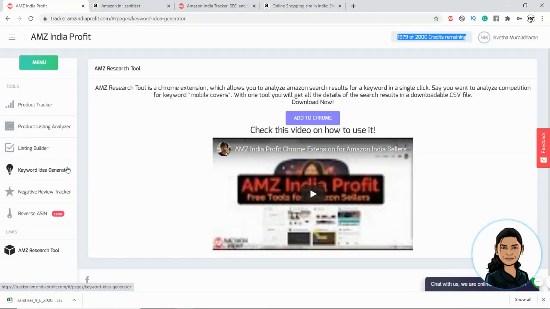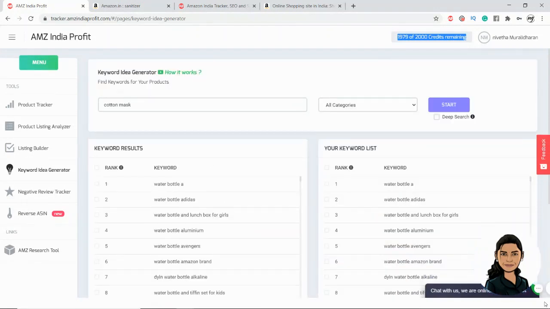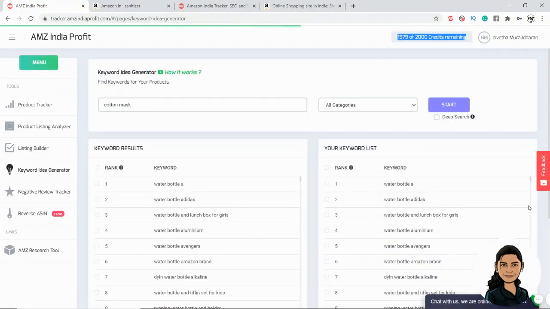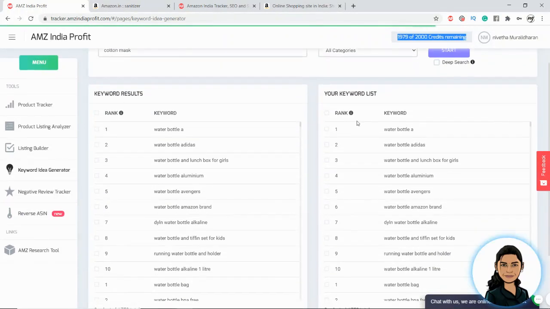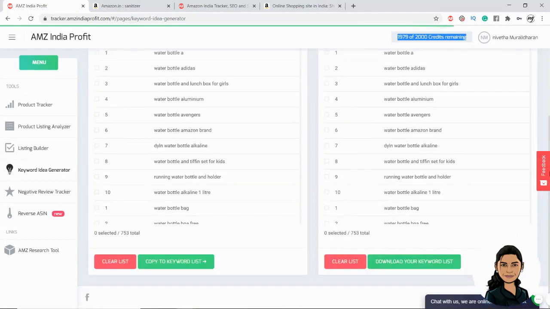Now let me go to the other tools here. The next important tool is Keyword Idea Generator. I have already put out a separate video on how to update keywords on Amazon. I have mentioned that particular link in the description, so you can just check it out. You can add keywords in single or bulk. I have used keywordtool.io before, and I also suggest you use it. Both these tools are really wonderful, and you can also check out this particular tool. Here I have already searched for the keyword water bottle. Okay, and I have got the search results here.